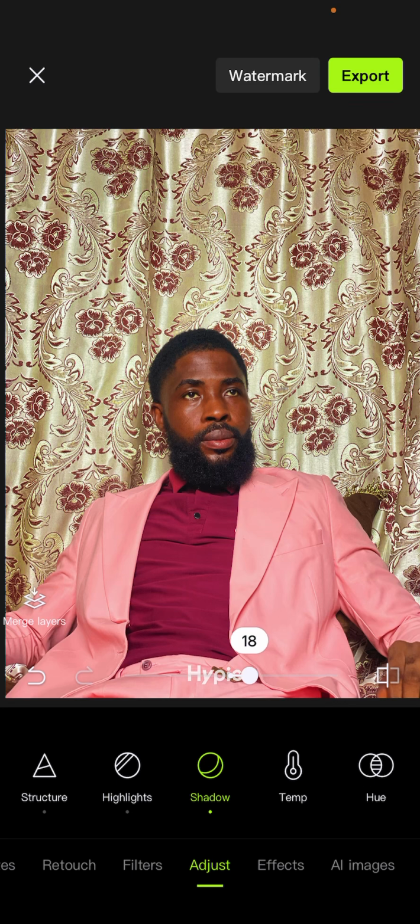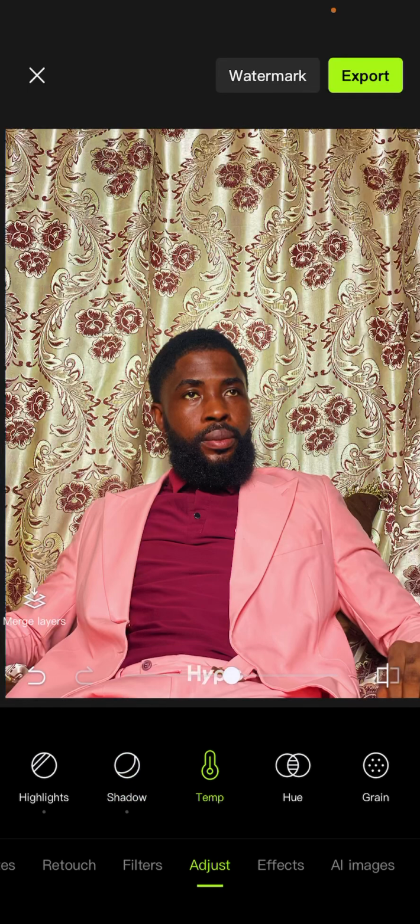But in a scenario where your picture is not well lightened, and maybe some areas of the picture are not showing enough light, you can just use the shadows to bring out those areas so that they can be well seen. Okay, that's for that. Then here, temperature